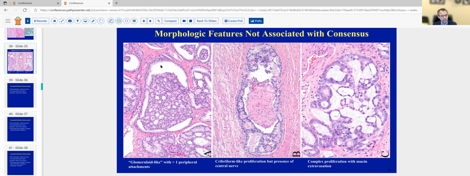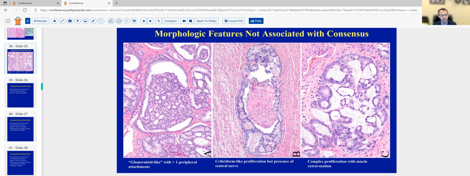And as you can see here, there is a peripheral luminal space, which here accounts for almost 50% of the space. So this is again, I think, in what we observed, it is better not to consider this as a full-blown example of cribriform prostate gland. When you have a nerve in the center, there is quite a controversy. Some pathologists even don't grade those types of components. And when you have mucin rupture patterns, that can again create complex morphologies. So there is no consensus amongst these particular morphologies.